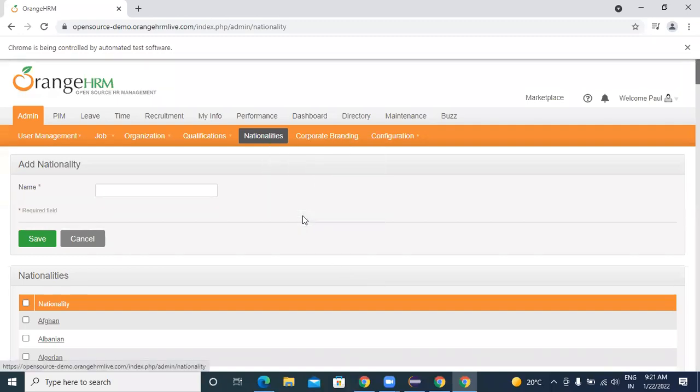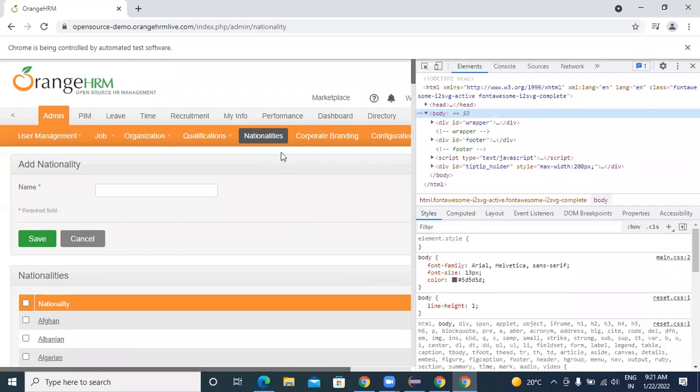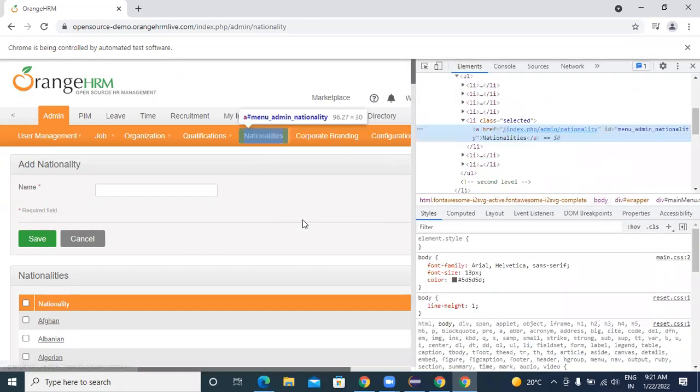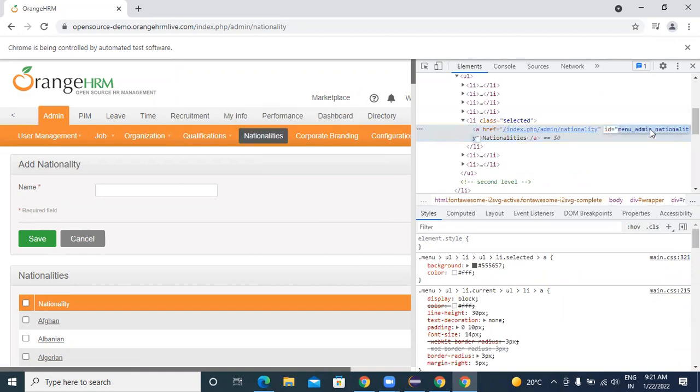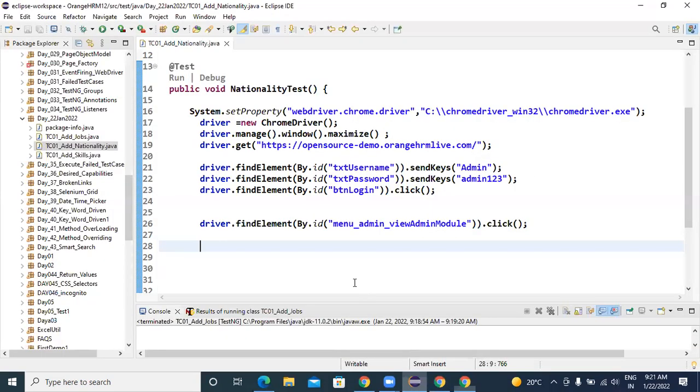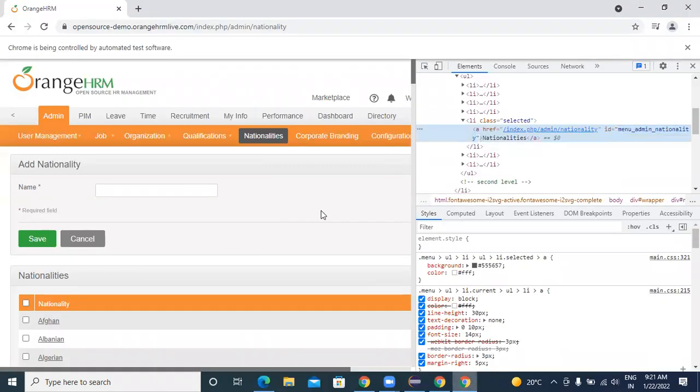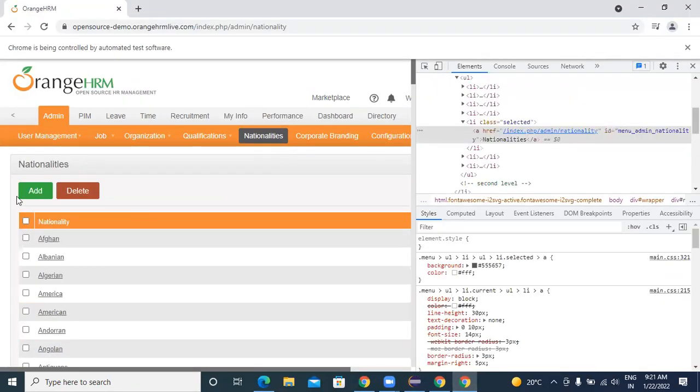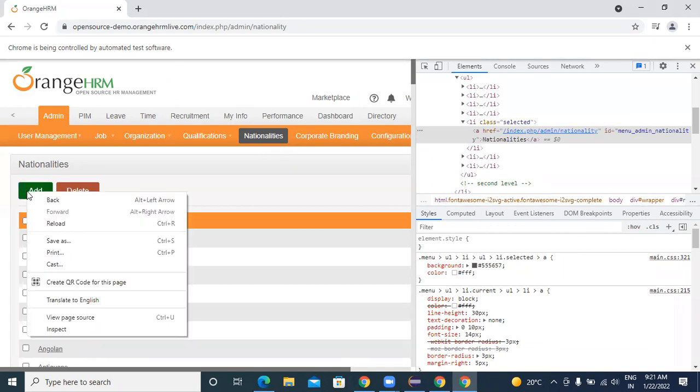Right click, click on inspect. So again, I have to inspect. So this one, Control C and paste it, nationality. And after clicking on nationality, it's navigated to the screen and I have to inspect add button.